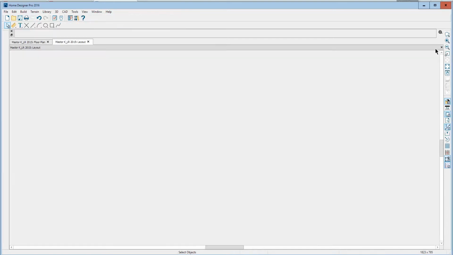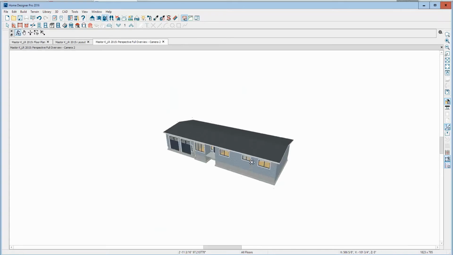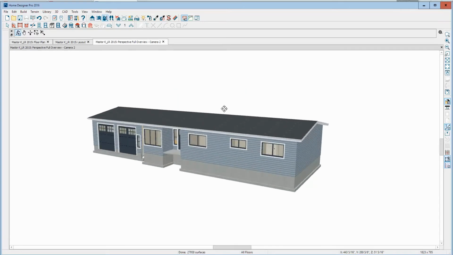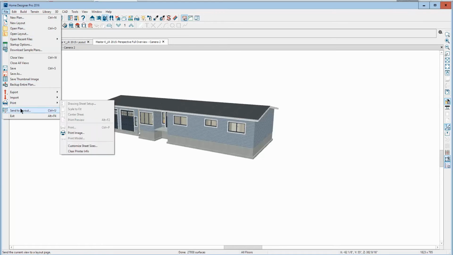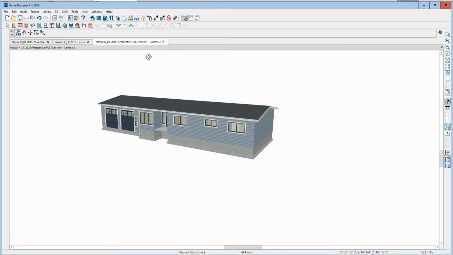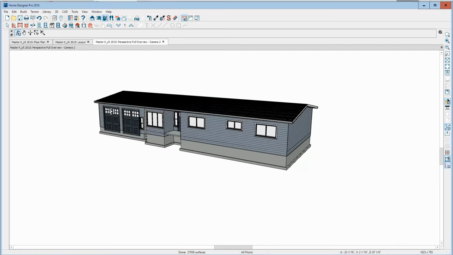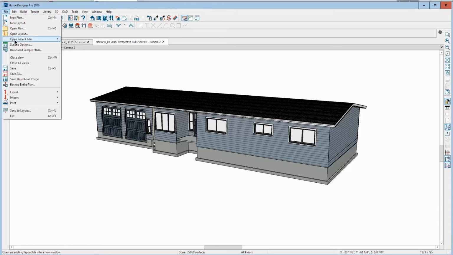Like if I do an overview, we'll go back and just create an overview of this. And it's the same thing here. I can send it to a layout. If I send it in this camera mode, it's just as an image because that's a render view. Let's change the type to vector, and now I can send it as a vector view drawing. I don't think overviews can scale, but some of them can. And we'll send a layout and see what the